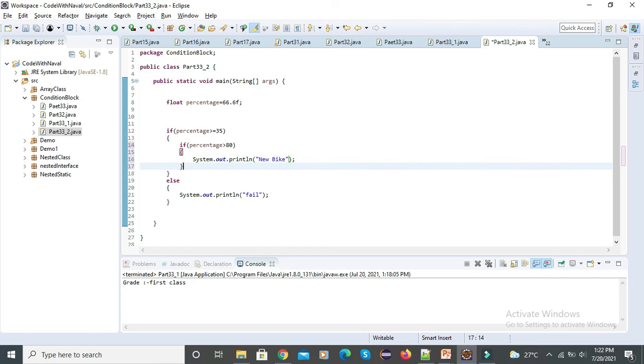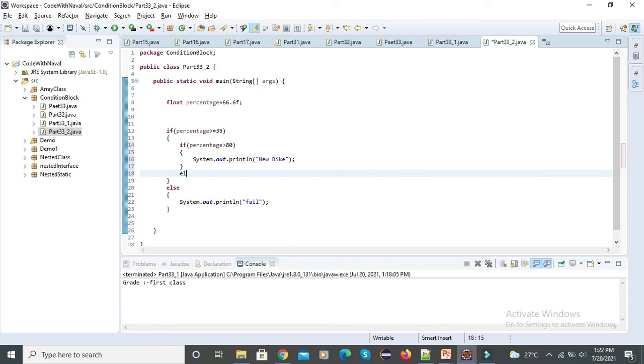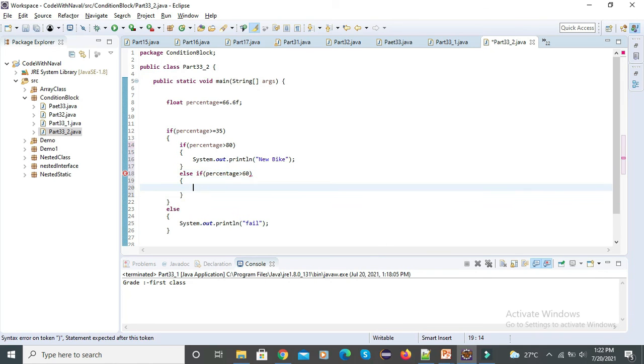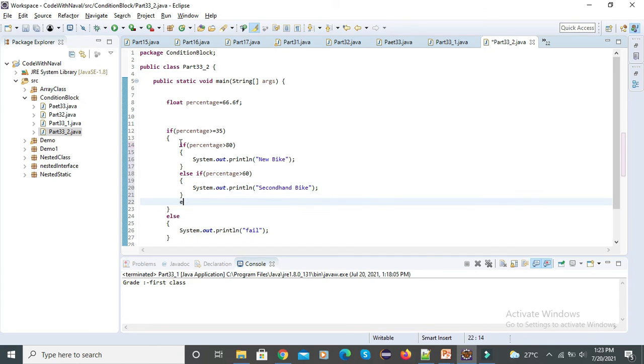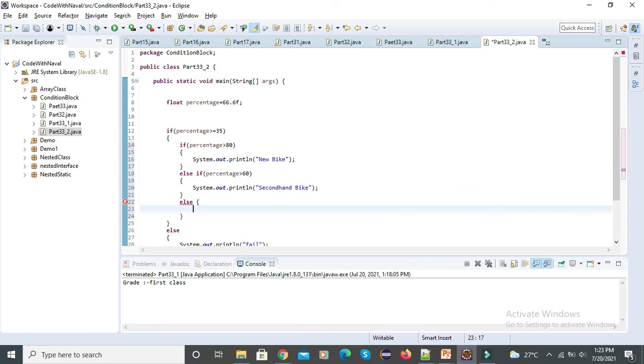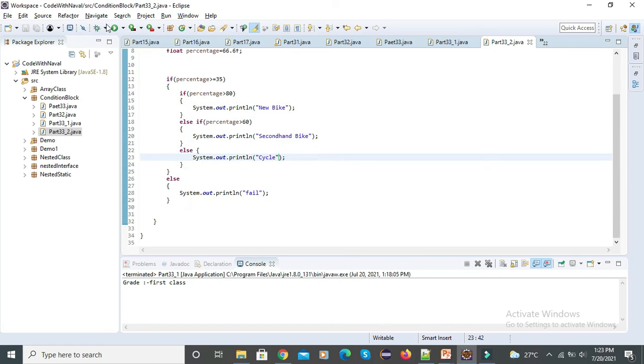And if you get second class, else if, here we simply define percentage 60 above, then you get a second hand bike. And if you do not even get 60, then you simply get a cycle. Okay, let's save, run this, and let's check.